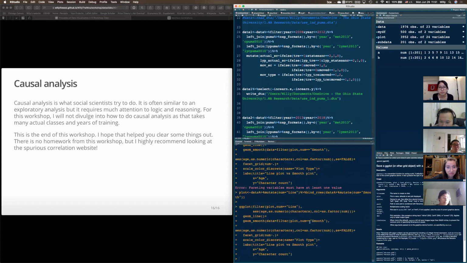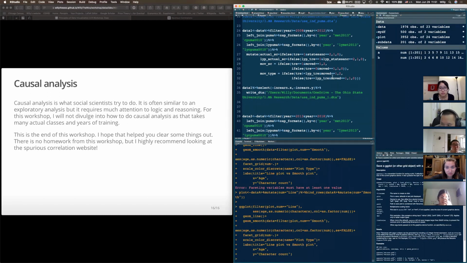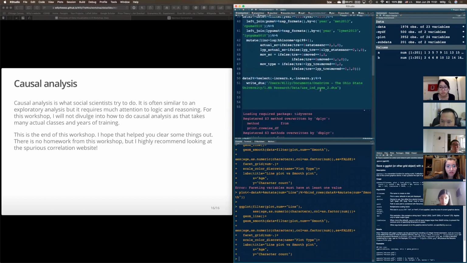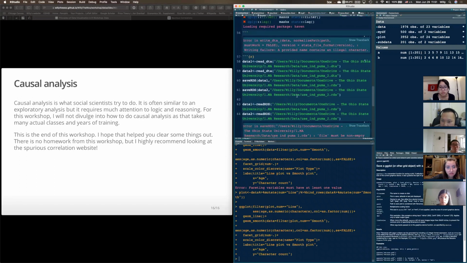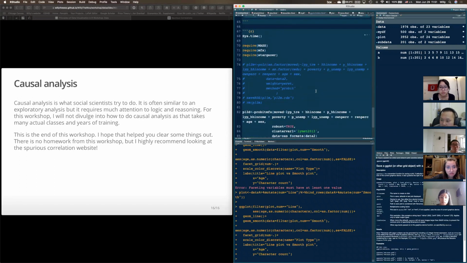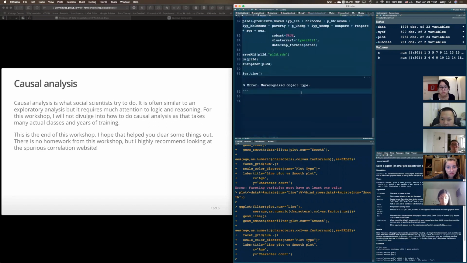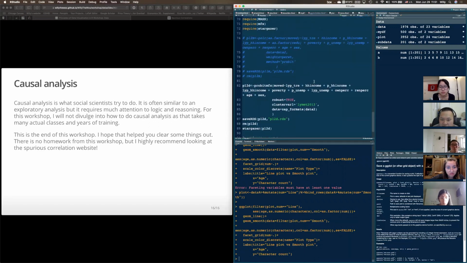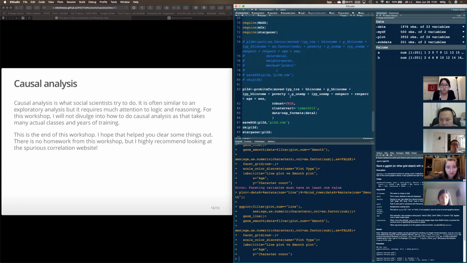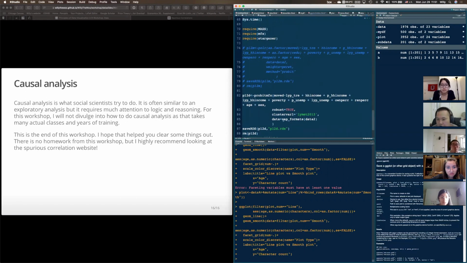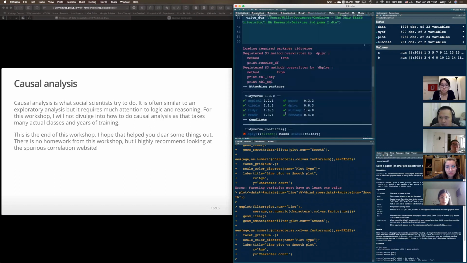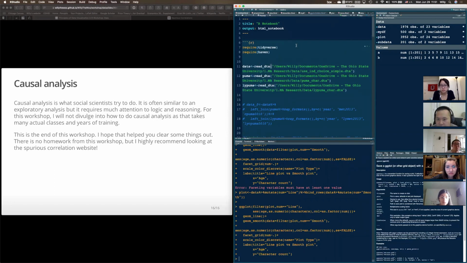When you write things in the console, you kind of only have one line to look at. I mean, per RStudio, you can actually look at many lines, but it's still far better to look at this and edit things as you go. So I will always recommend using markdown chunks so you can run things just by chunk. Even if I'm just testing things out, like I think when I wrote this chunk, I was just writing random stuff and testing whether this code works or not. This is an R notebook, but usually when I'm creating things,